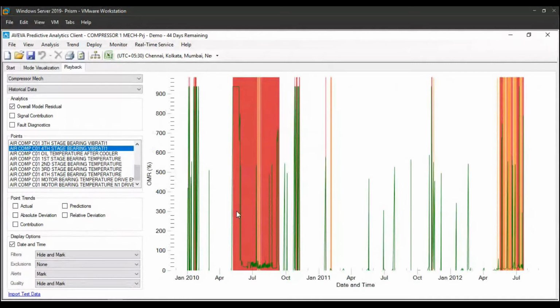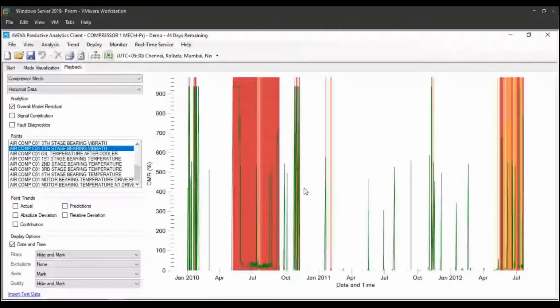Like we were trying to analyze one particular time period, we will do this again over here. The various red and orange bands that you see in front of us are the levels of alarms that we set. Based on how much OMR deviation is allowed, we can set multiple alarm values. The alarm can be for warnings, for alerts, as well as for high alerts, both in the positive as well as negative direction. So a red over here indicates a high alarm, and an orange indicates a warning.